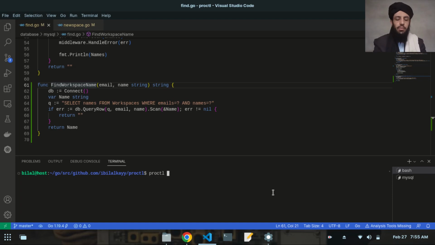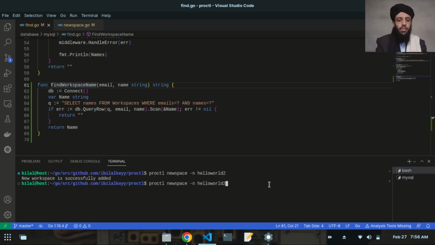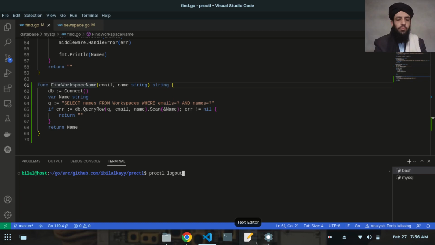So let's write proctl hello world 2. Now you can see that hello world 2 is now accepted and it now belongs to this Vanes tree. Let me just run it again. As you can see here, this is already present, so it will not accept it in the Vanes tree. So if I log out and again log in with the other email address, hello@gmail.com 1122,